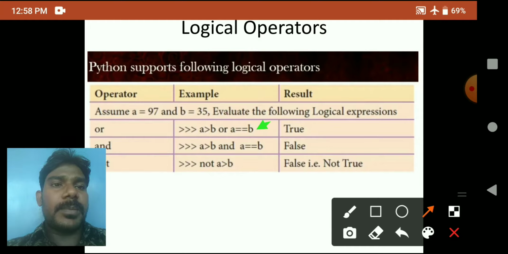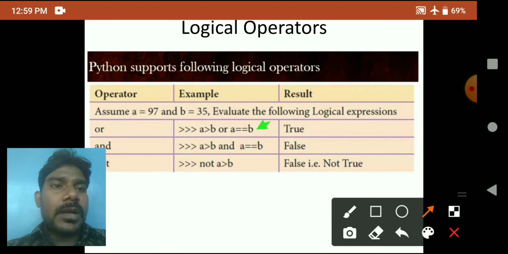Now we apply the values: a is 97, greater than b which is 35, so the condition is true. With the or operator, a equal to b: a and b are not equal, so this condition is false. Here one condition is true and the other is false.